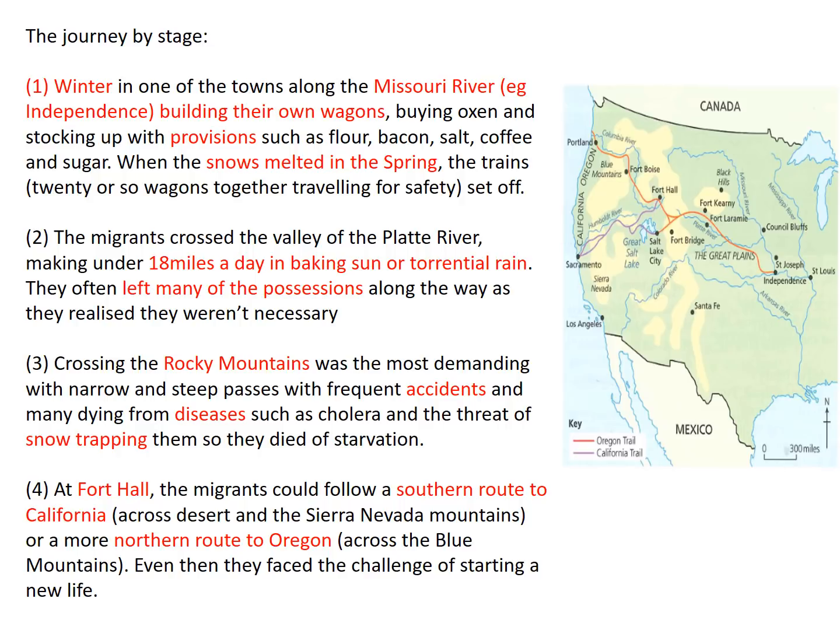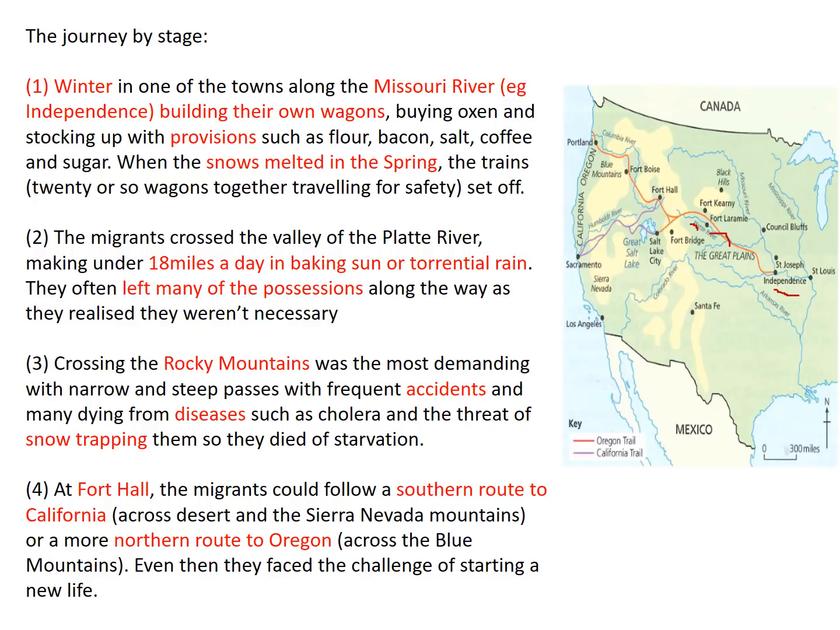So they'd winter in one of the towns, such as Independence, which we can see marked on the map just here. They would build their own wagons, loads of supplies would be bought, and then when the better weather came in the spring, they'd set off, often travelling in a chain of wagons looking for safety. So they'd go along this Platte River, where they would be looking for